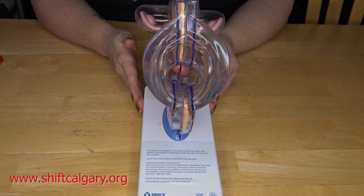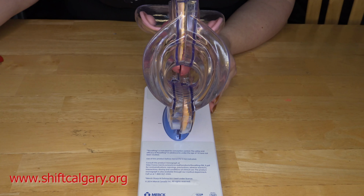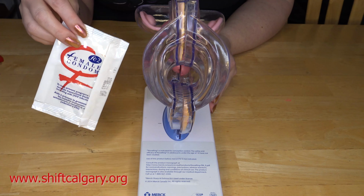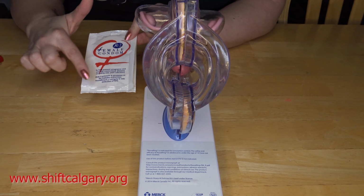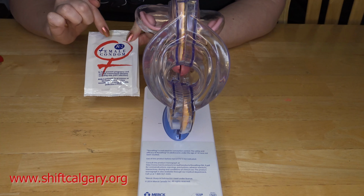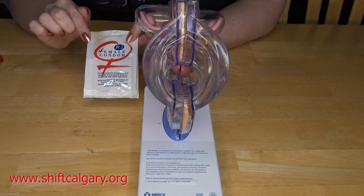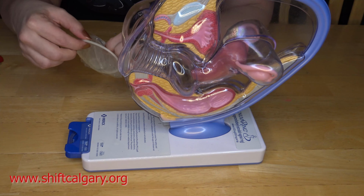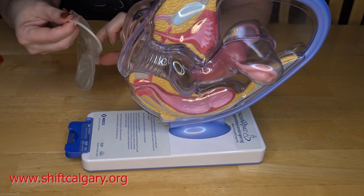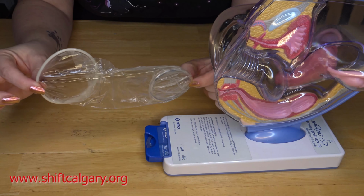So many of us are very familiar with the traditional condom. Not as many people are aware of the internal condom. So what this is, this actually goes inside of the hole, whether it is anal or vaginal, instead of going on the penis. When we open the package, we see that the internal condom is made up of 2 rings